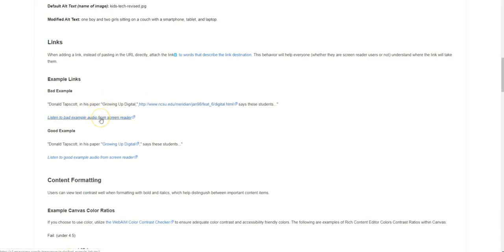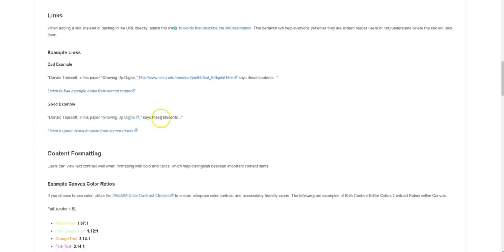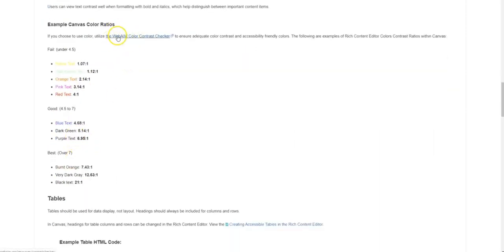And it even shows you what this example right here would sound like if you were using a screen reader. And then it shows you what a better option is. Instead of saying the paper growing up digitally and then linking to it, they went ahead and linked directly to it so that it only reads that title once, and it tells students this is a link you can navigate to. It talks about the contrast checker, and it actually provides additional resources for you in the WebAIM color contrast